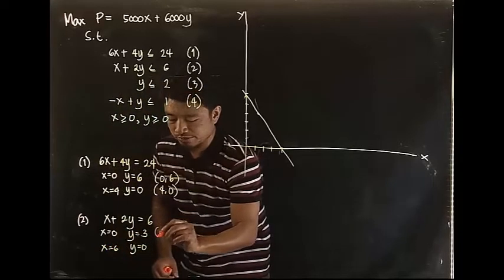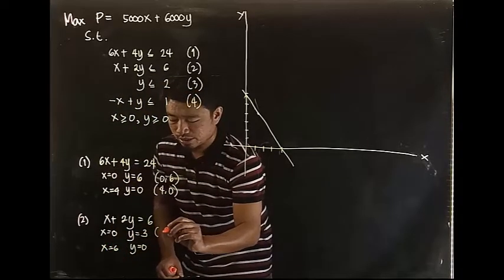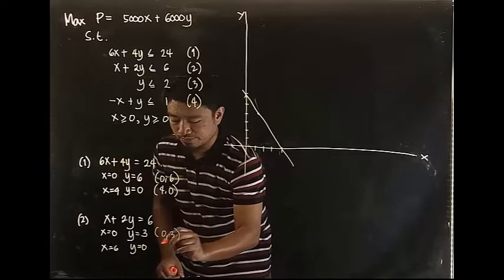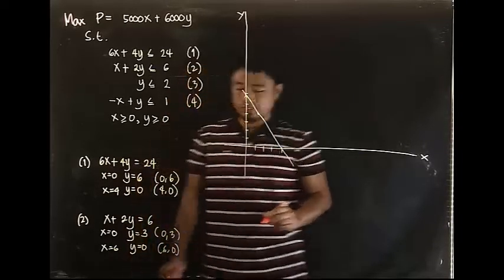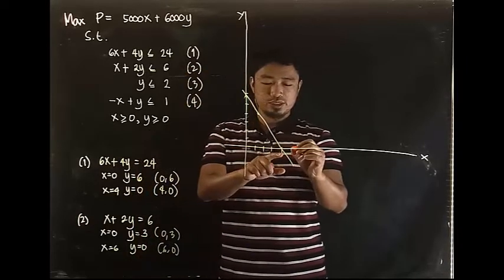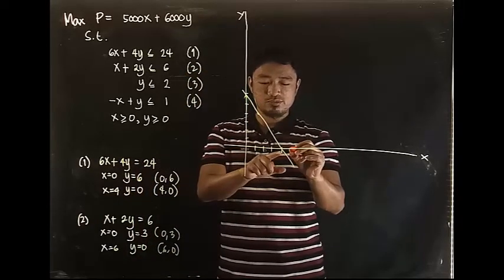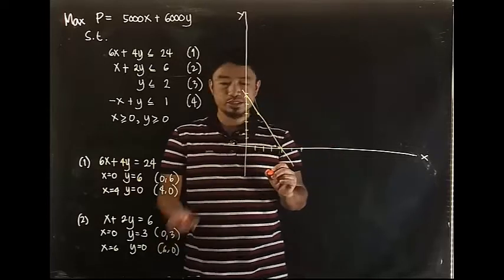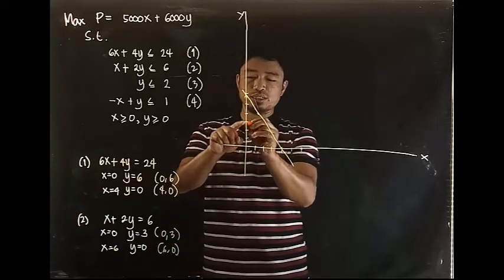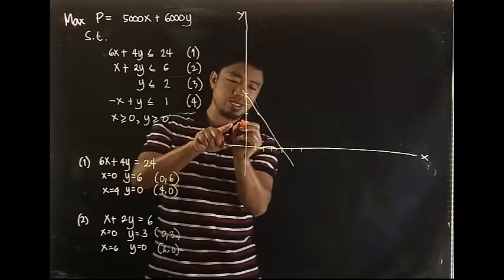And the intercepts of this line are 0, 3, and 6, 0. Plotting these points, so 6, 0 is, so this is 4, 5, 6, and 0, 3 is 1, 2, 3, this point, therefore the line is